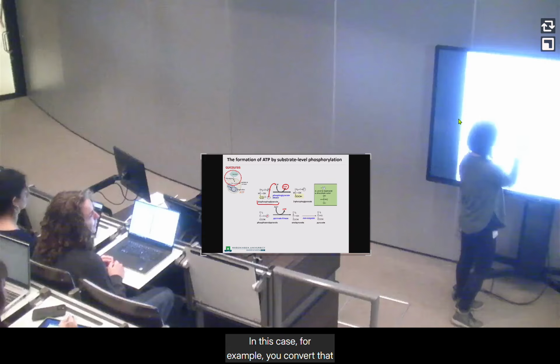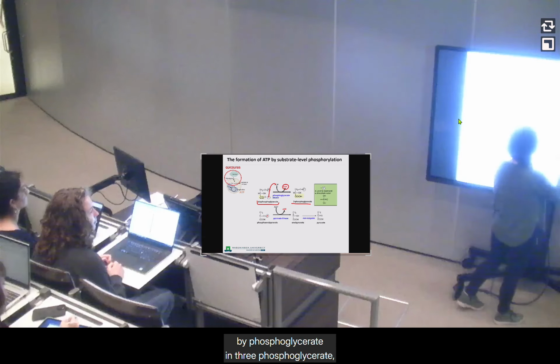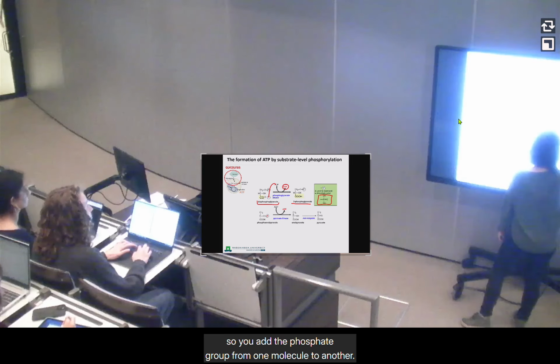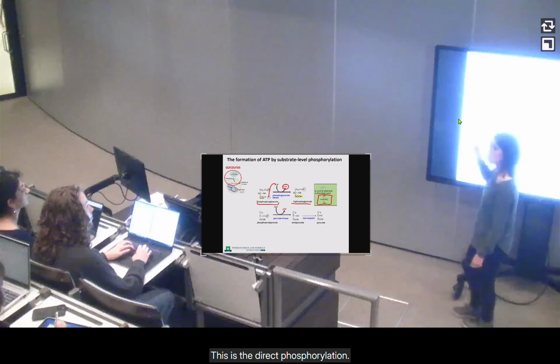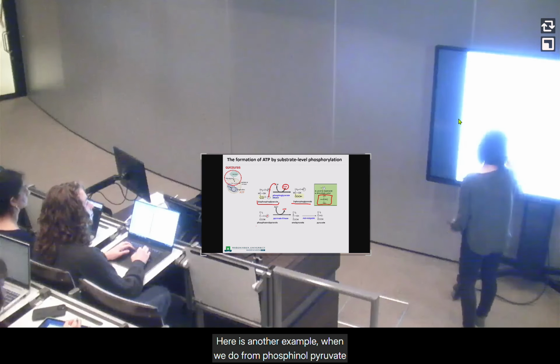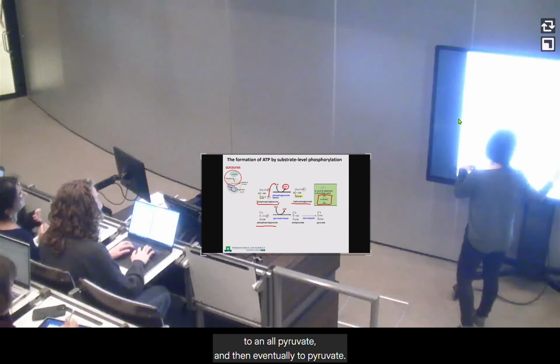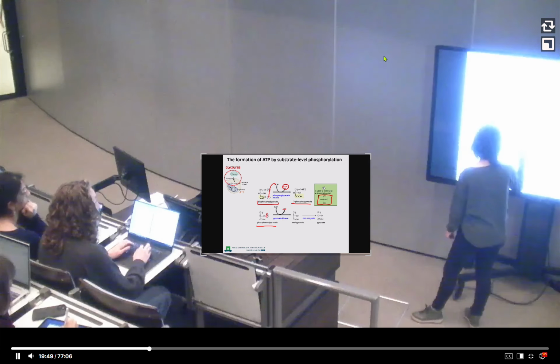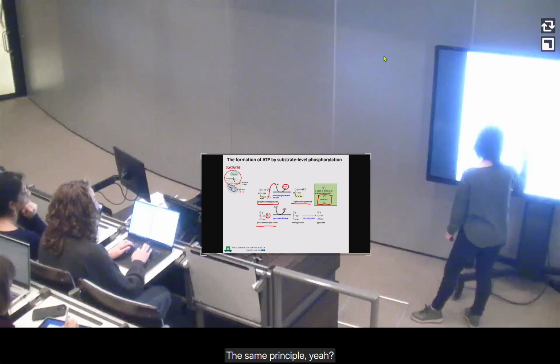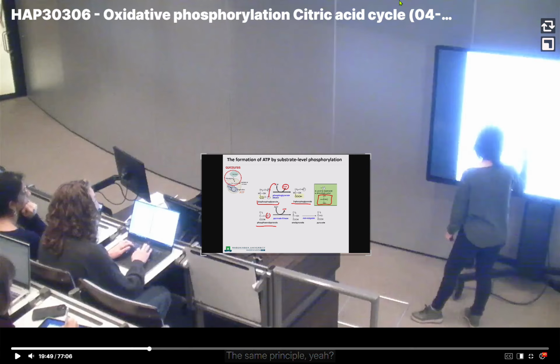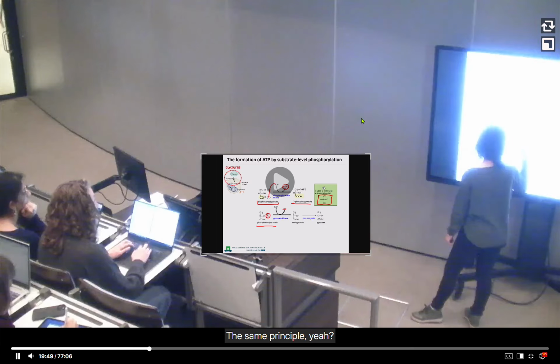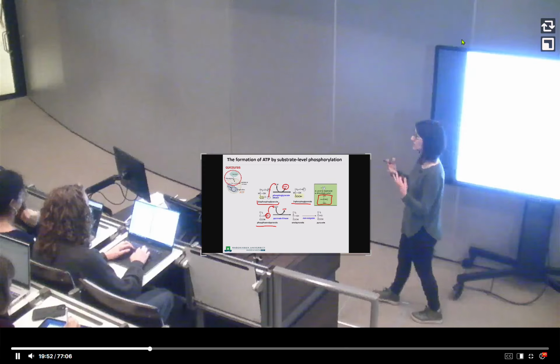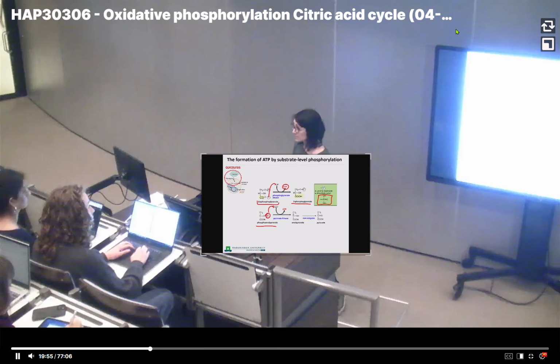How do you do that? In this case, for example, you convert biphosphoglycerate into 3-phosphoglycerate. So you add the phosphate group from one molecule to another. This is the direct phosphorylation. Here is another example, when we go from phosphoenolpyruvate to enolpyruvate and then eventually to pyruvate. The same principle, yeah? You just transfer, but this transfer requires, first of all, a specific